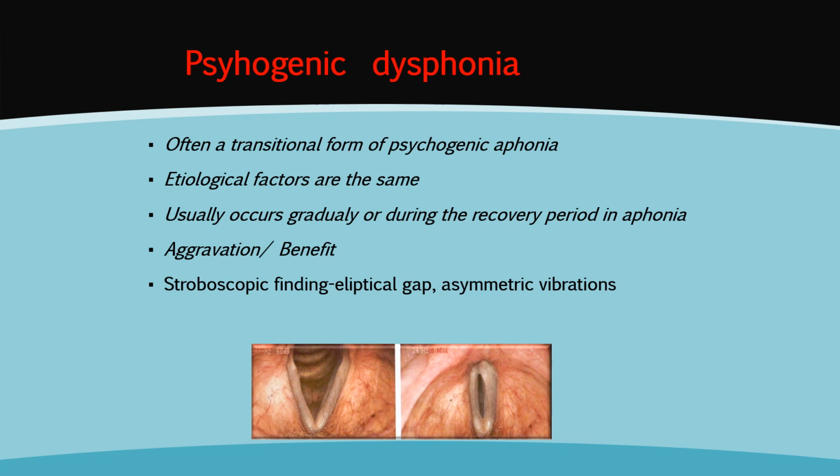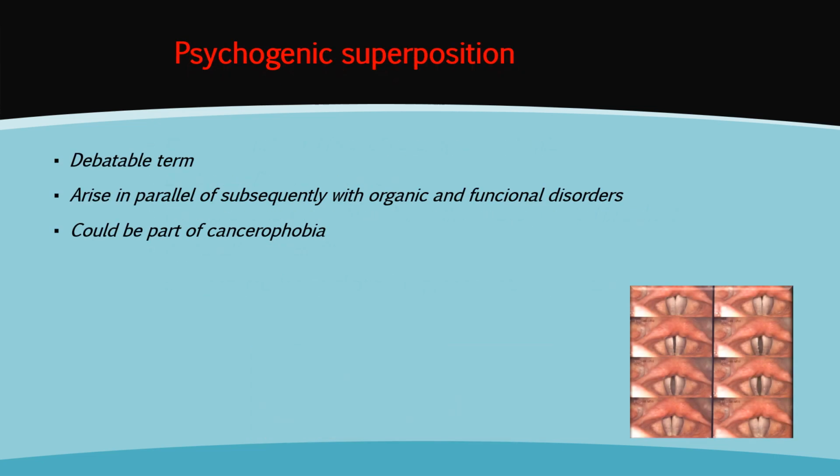Psychogenic dysphonia is often a transitional form of psychogenic aphonia. Etiological factors are the same; it usually occurs gradually or during the recovery period of aphonia. It could be aggravation or benefit with the patients. Stroboscopy findings like elliptic gap or asymmetric vibrations are well known. Psychogenic superposition is a very debatable term. It arises in parallel or subsequently with the organic or functional disorders, and could be part of cancerophobia in